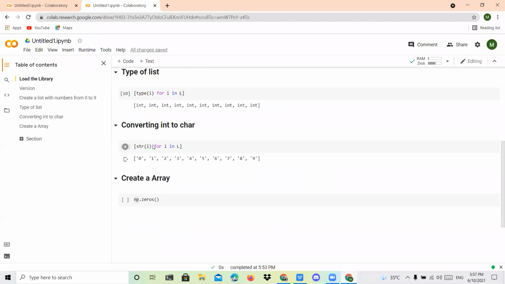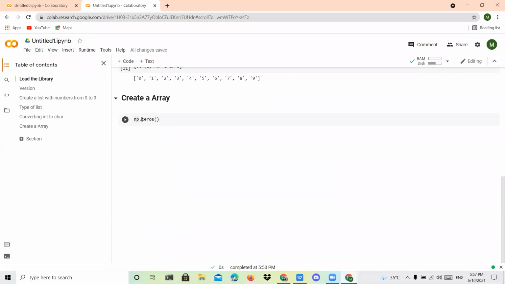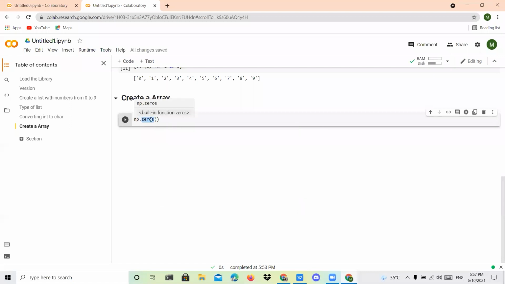That I have to give here, followed by the dot symbol. Then I want my array to be in the form of zeros. In all places, I need a value of zeros. Either you can give zeros or ones. And also you can give different values, that I'll tell you.